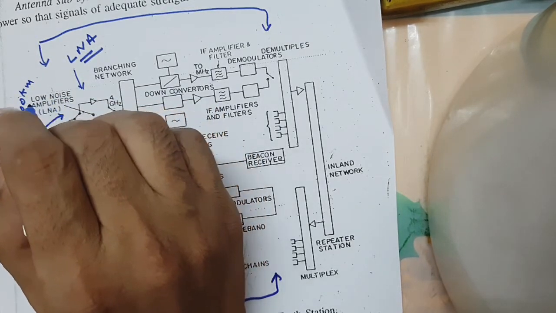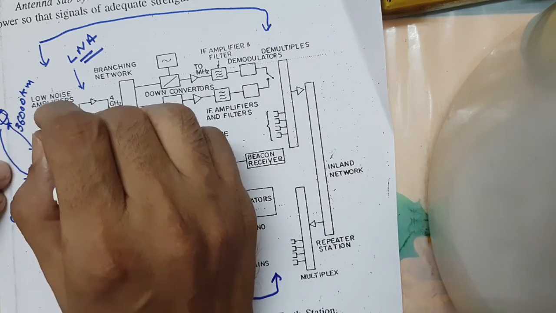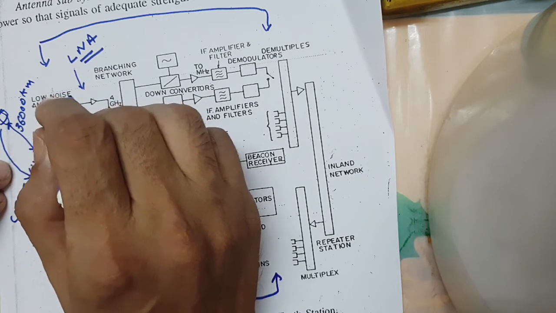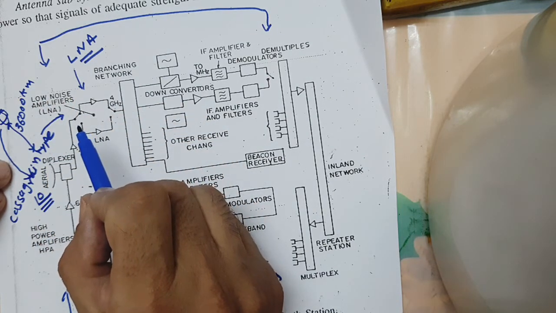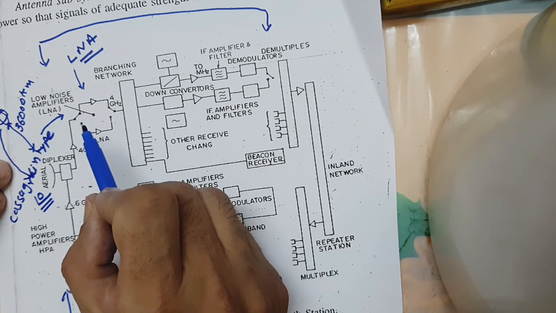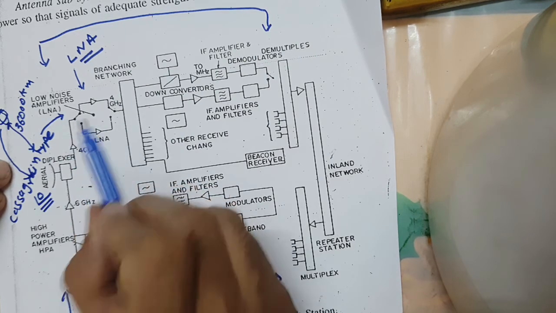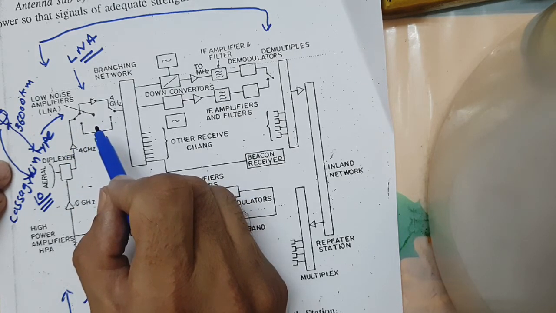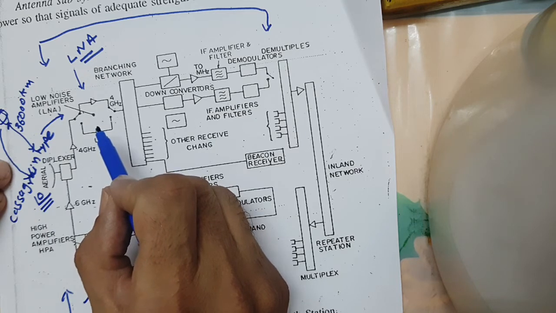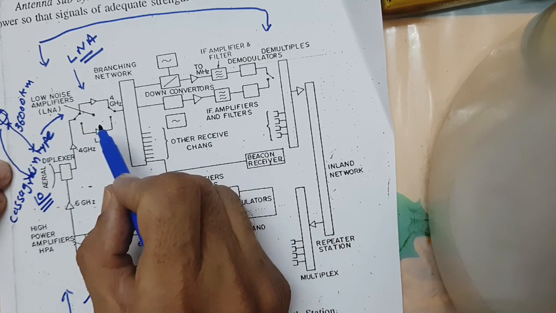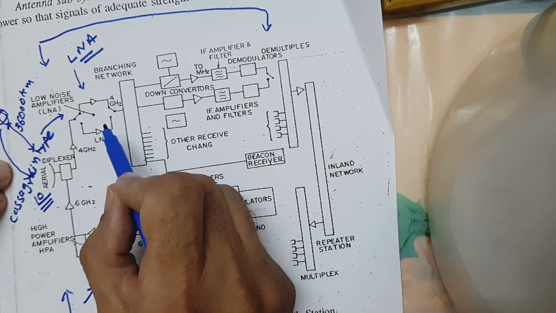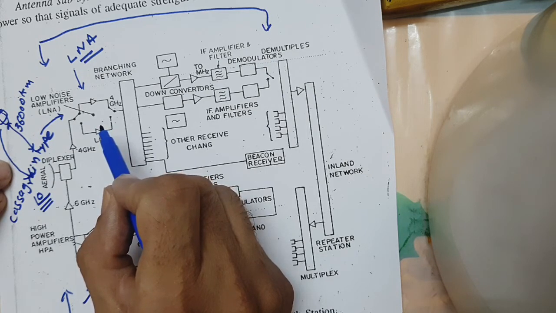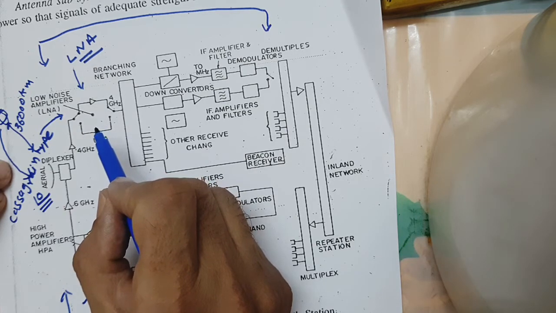For this purpose, the amplifier passes the received signal to the low noise amplifier, which is normally duplicated for improving the reliability. To bring down the noise contribution by the LNA, the first stage of this LNA in this system is traditionally cooled by a closed cycle cryogenic system having a cooling temperature lower than minus 253 degrees centigrade. Otherwise, the thermal noise generated in the amplifier increases with the ambient temperature.